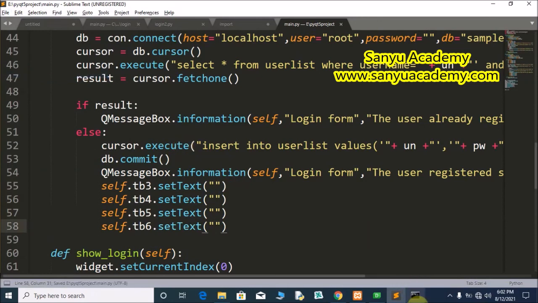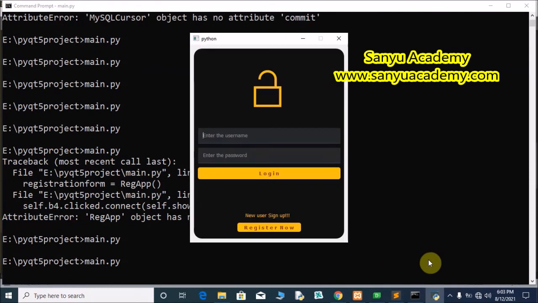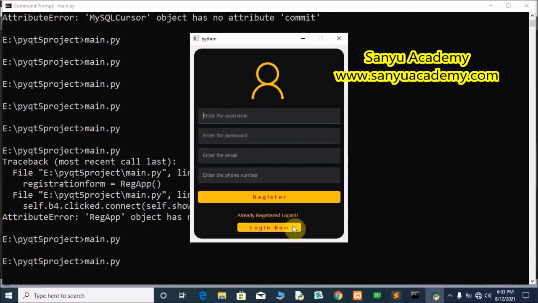Now we will run the project. Click the register now button. Kanna, password 888, email id at gmail.com, phone number.